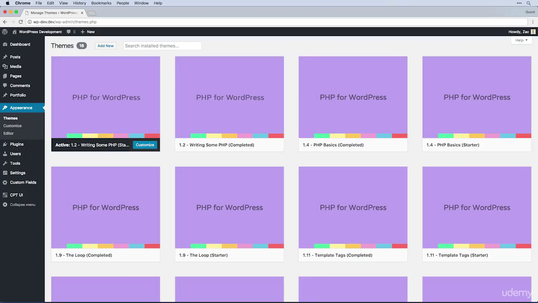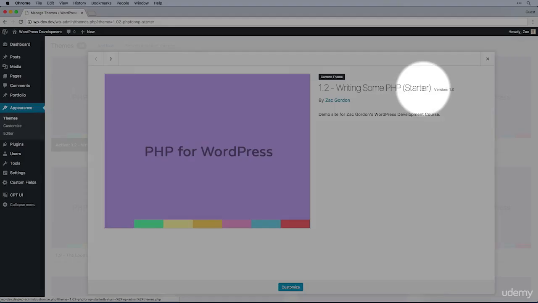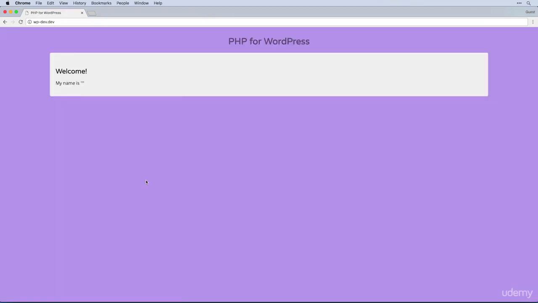Okay, so you can see here that I've actually installed a bunch of different themes from the project downloads, but the one you want to be looking at now is 1.2 writing some basic PHP starter. So there's a starter version and a completed version, and you want to grab the starter one. So go ahead and activate that, then we can come over and visit our site, and we can see that